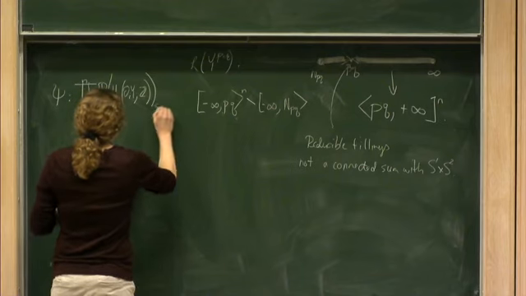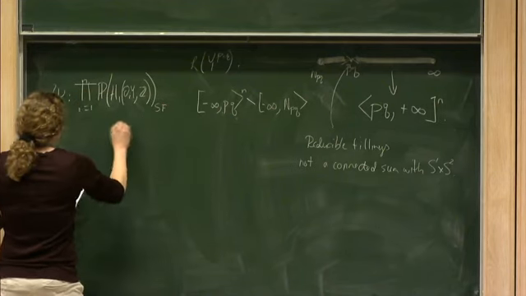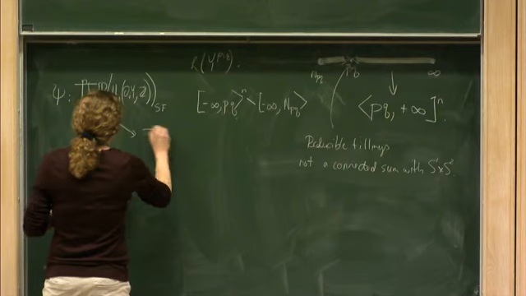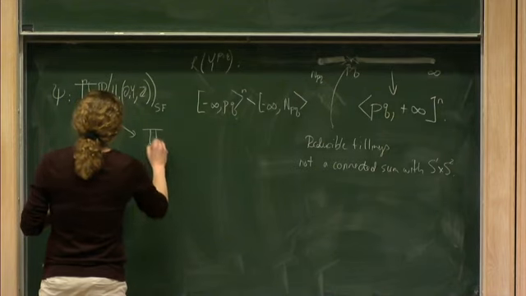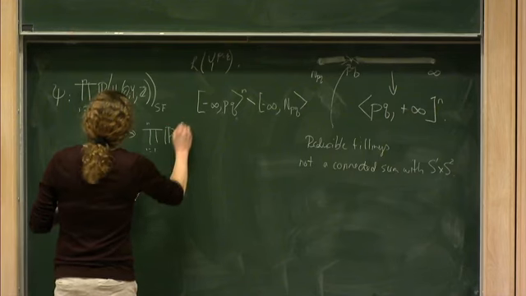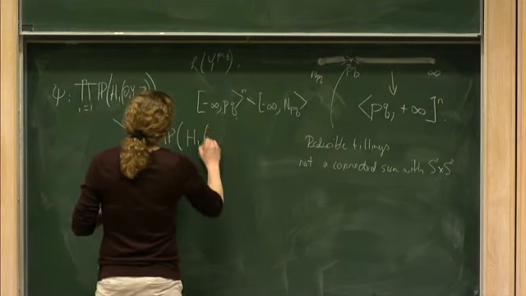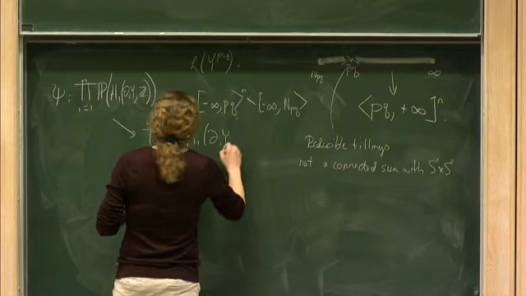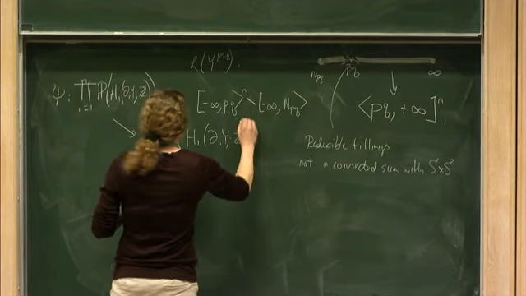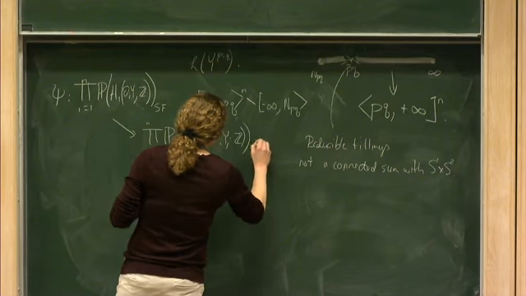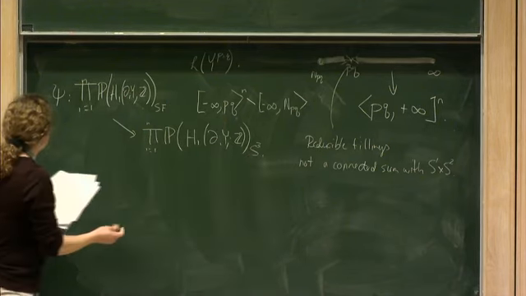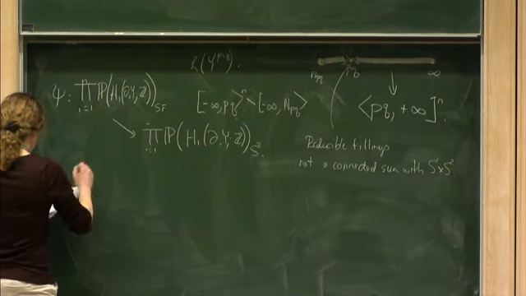So this is Seifert fibers, and this is the link exterior in S3 basis, then it looks like